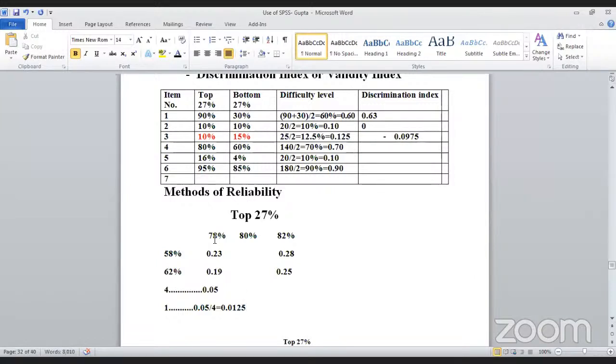और मेरे को चाहिए 78 और 80 में कितना डिफरेंस है? 2 का। अगर 2 का डिफरेंस है तो कितना आया? ये आ जाएगा 0.0125 is multiplied by 2। तो ये आ जाएगा 0.025 आ जाएगा।